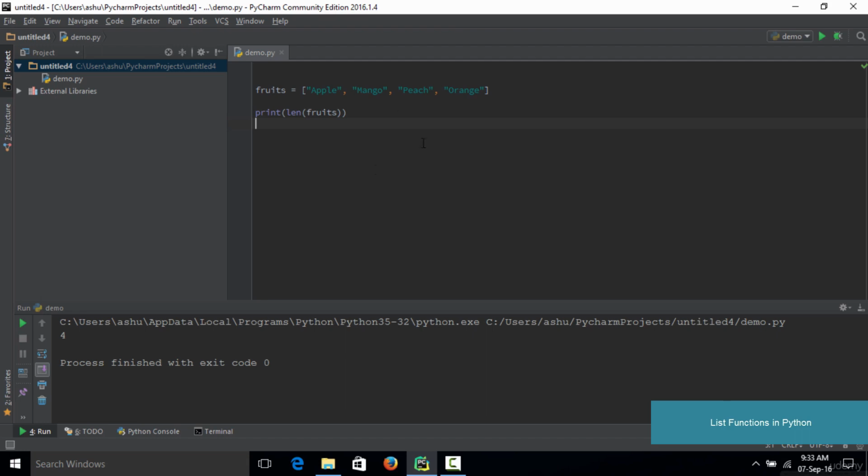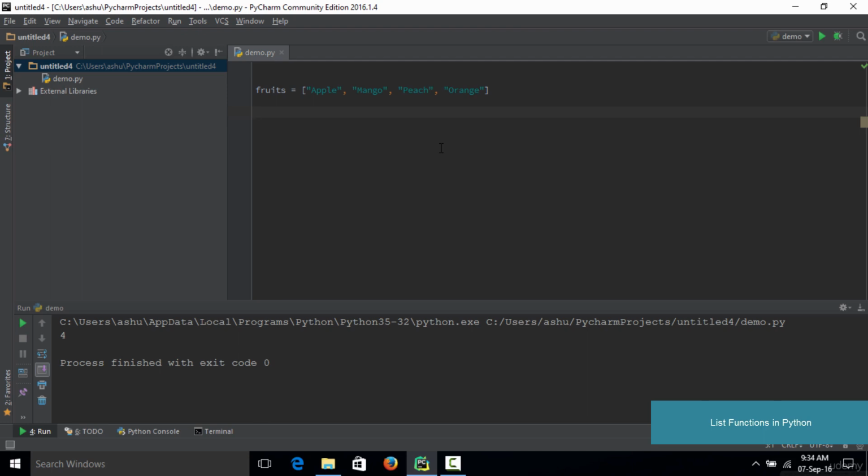Now after the len function, let's go ahead and learn a new function which is called the insert function. The insert function is somewhat similar to the append function, but the insert function allows you to insert a particular item at a particular position. In case of append, when you append some item to your list, that item gets added to the end of the list. But insert allows you to place a particular item at a particular